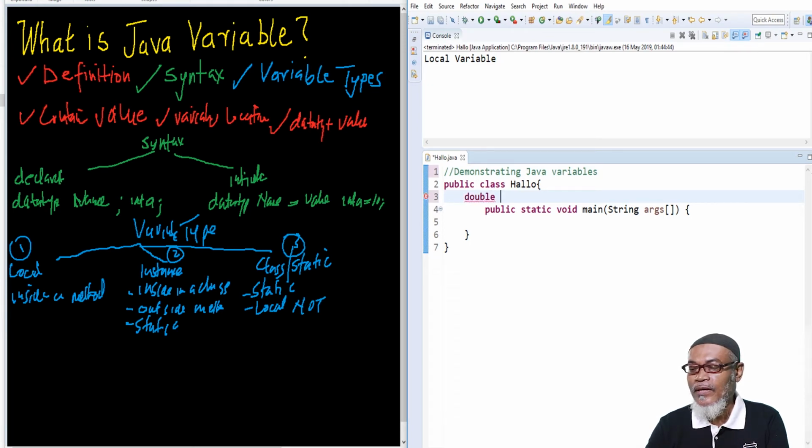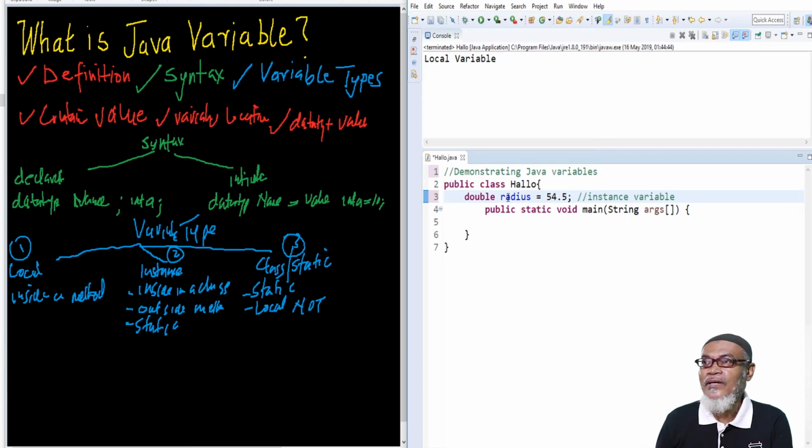Here we can say maybe double radius, and we give it a value of maybe 54.5, and actually this will make up our instance variable. So this is our instance variable. You can see instance variables are declared inside a class. So our class name here is hello. Inside this particular class, we are declaring our variable radius, and that is what we call an